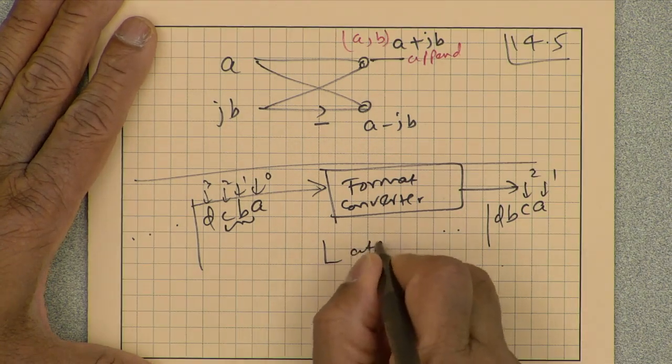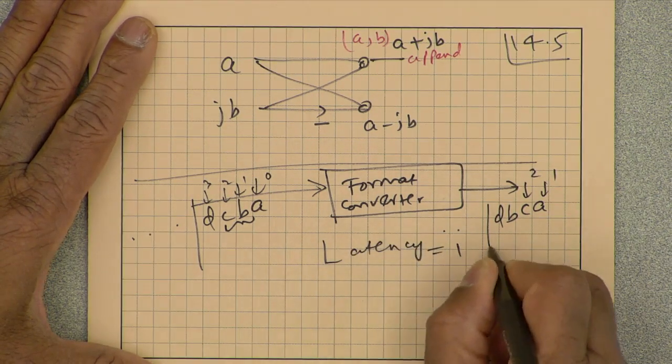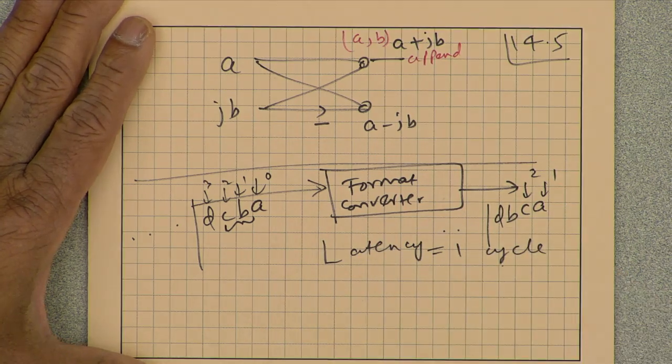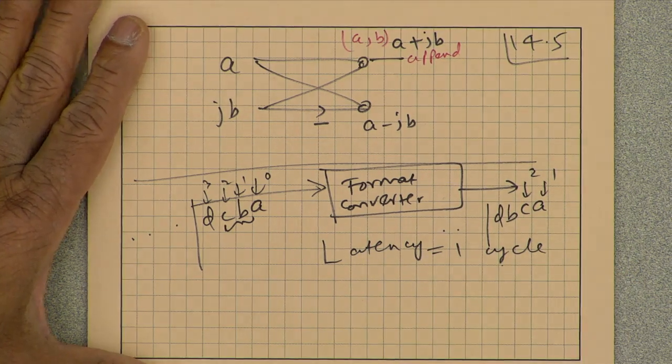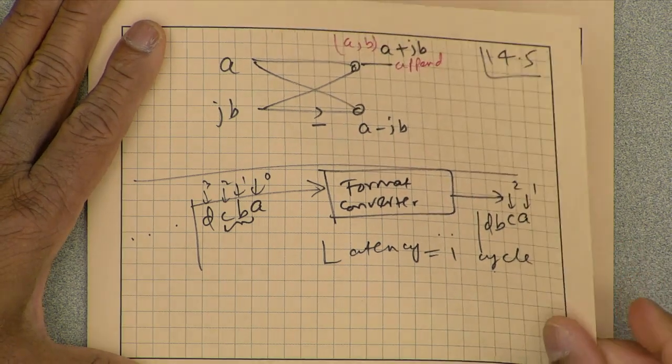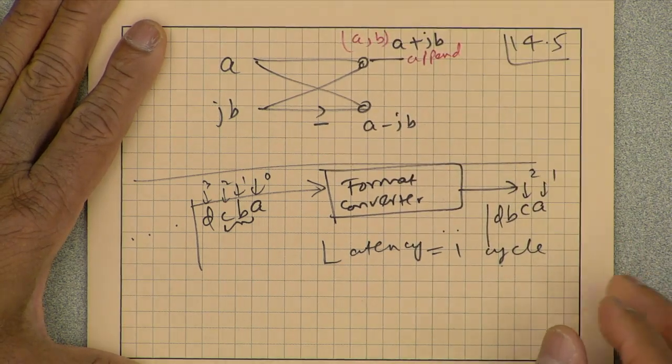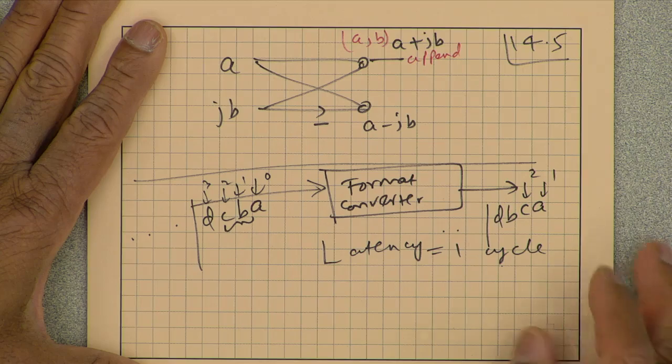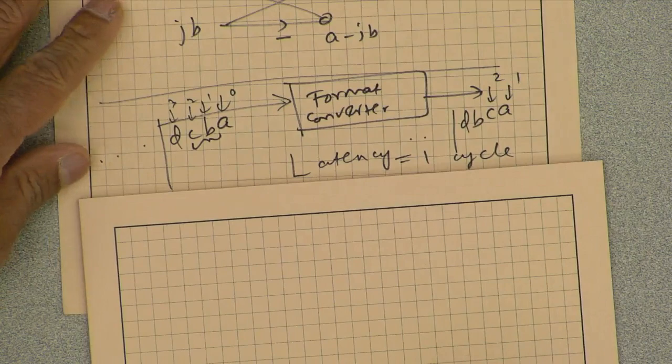So, that means the minimum latency in this case has to be 1 cycle. Okay, so that should be clear to you. Okay, so now if I do a lifetime analysis of this data format converter,